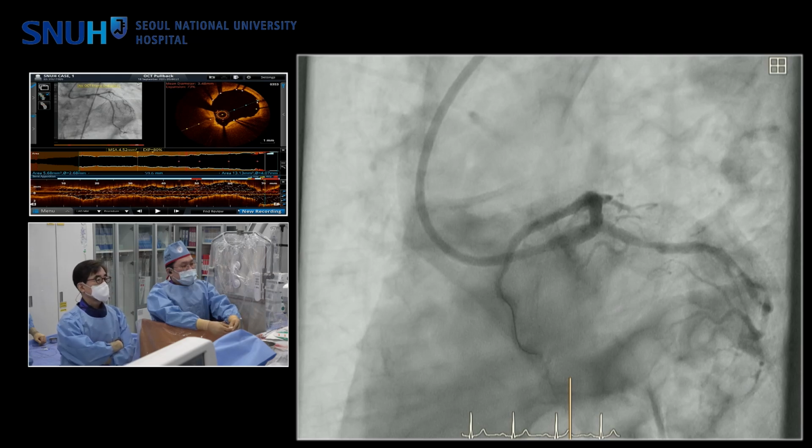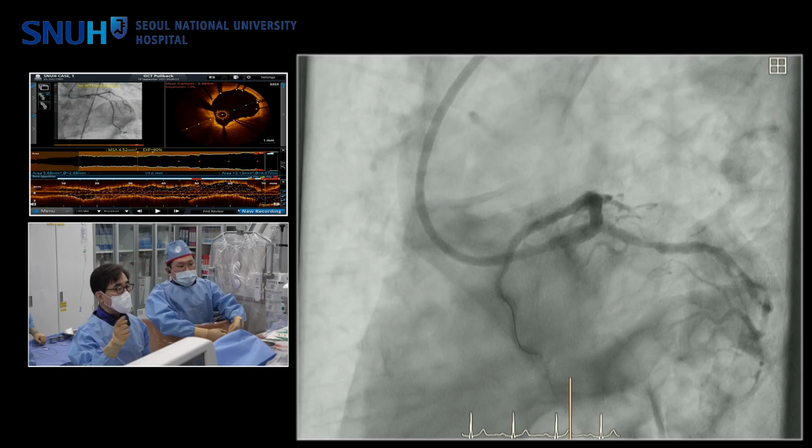I think kissing balloon is probably not necessary, but a POT in the left main, and also make sure that the ostium of the circumflex is clean. I mean, the nodule is really opposite to the circumflex ostium. If we can confirm that, I think the procedure is done very perfectly. So, in the OCT,